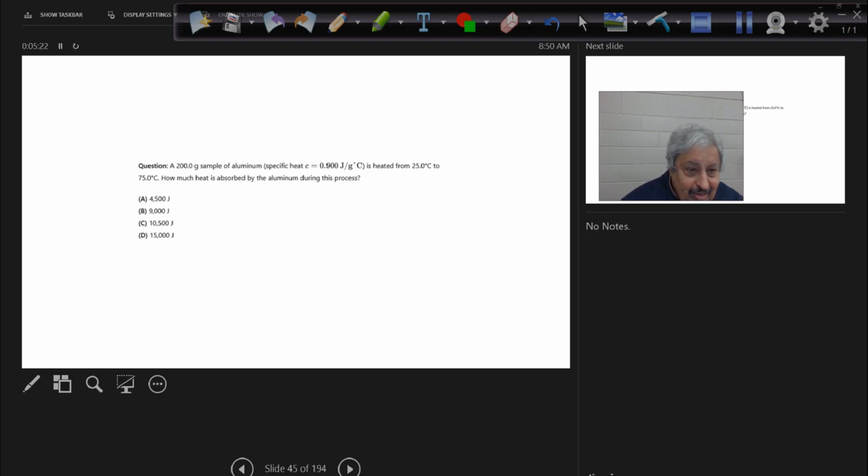So, 200 grams of a sample of aluminum, with this specific heat, is heated from 25 degrees Celsius to 75. How much heat is absorbed by the aluminum during this process? Well, did you see this one in CHEM 101 active? No. What formula should we use? Specific heat. The heat is small q or large q,